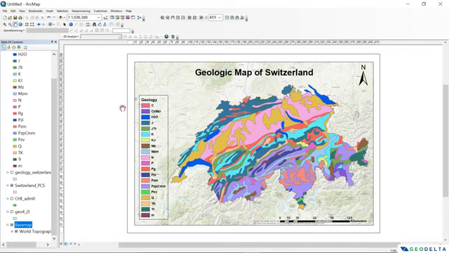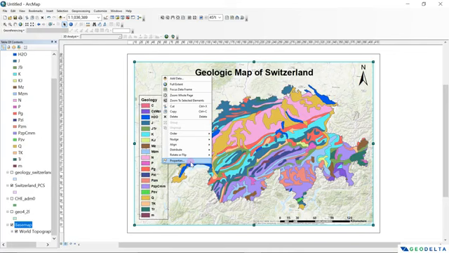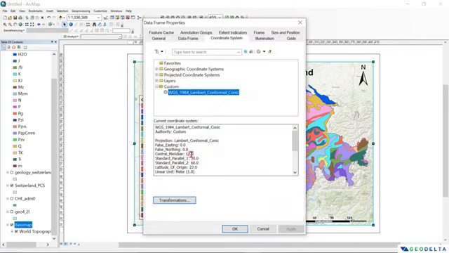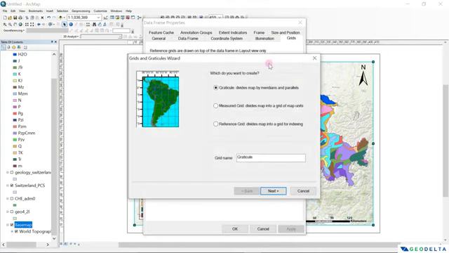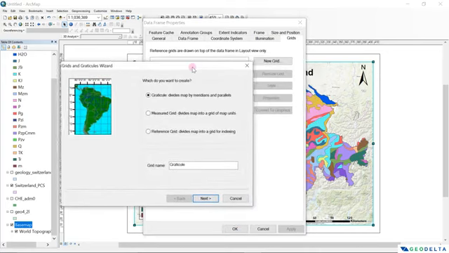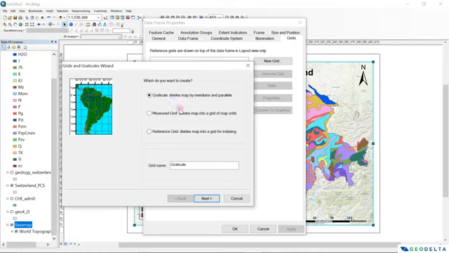So what we can do to add the coordinate information would be, again, go to this select elements button and right click over here and go to properties and head over to this grids tab. And what we are going to do is we are going to actually create a new grid. And you have the option to go with the Graticule, but in this case I'm just going to go with this measured grid option